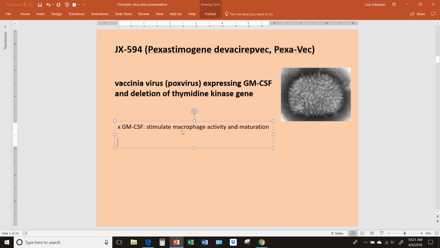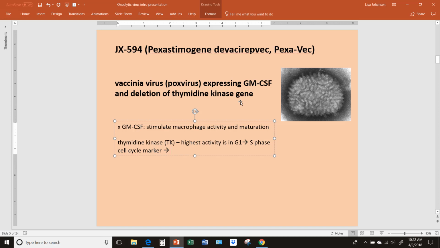This virus also has what it shows you here, and most of the time you just see this written as TK. So thymidine kinase, a kinase is an enzyme that phosphorylates. So thymidine kinase's activity is to phosphorylate certain molecules. And its highest activity is in the G1 to S phase, which means thymidine kinase is a cell cycle marker,